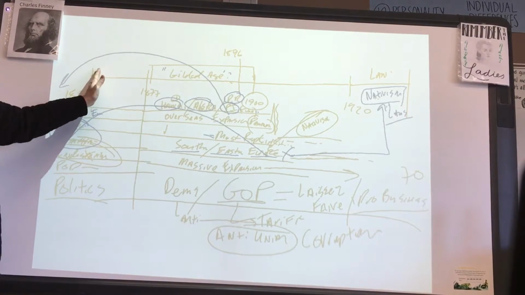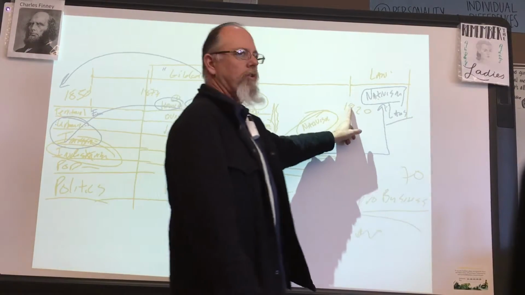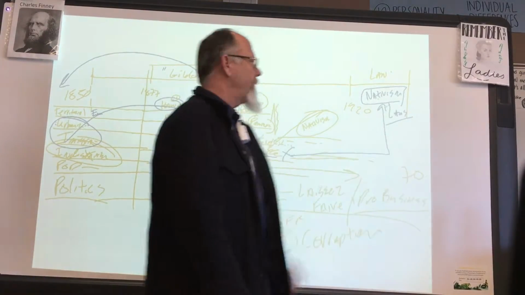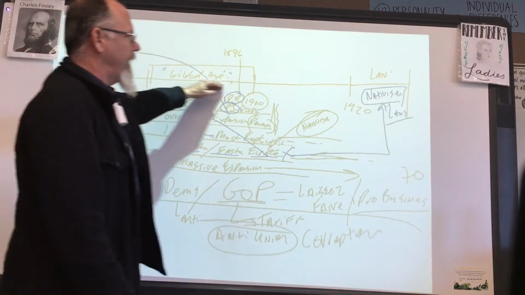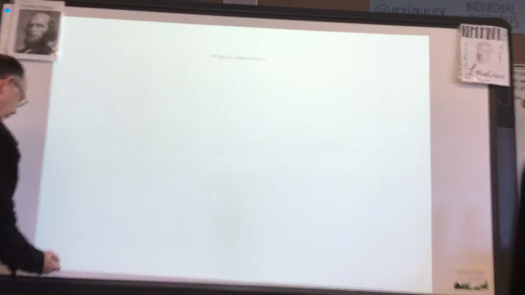I've got a line: 1850, 1900, 1920, etc. Okay? So just draw that line, and we are specifically in this unit going to look at,